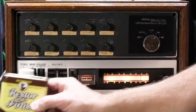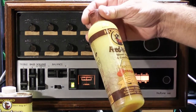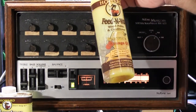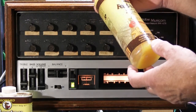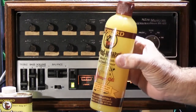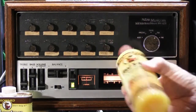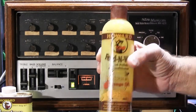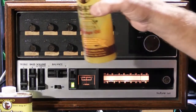And when you get done with this, then you use this. This is Howard Feed-N-Wax Wood Polish and Conditioner, Beeswax and Orange Oil. And I suppose it has beeswax and orange oil, but this is just a light protective coating. It's sort of a gelatin, a lot like melted honey. Anyway, you put this on a rag and you carefully wipe it on, always in the direction of the grain